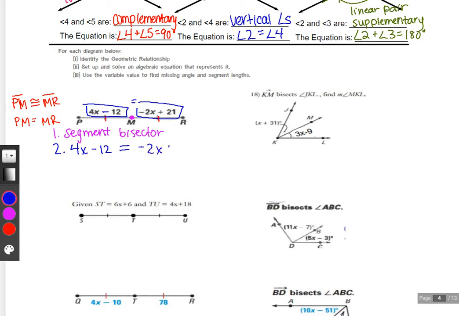So now that is fine for part 2. The third part would be that we need to solve the equation, use the variable to find the missing segment lengths here. So when we go ahead and solve, we're going to add 12 to both sides. So you should get these cancel out. I have 4x equals 2x plus 33. I'm going to add 2x to both sides. So 6x equals 33. And then